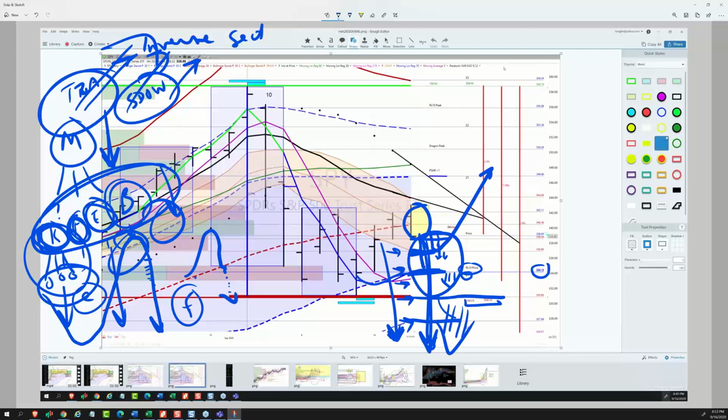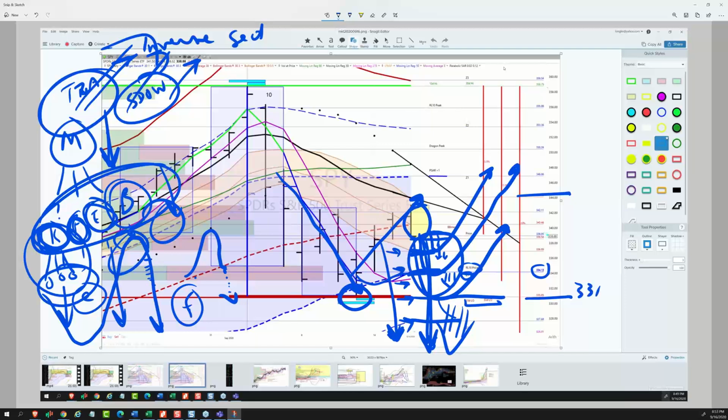It could come down to the Z1 and the RL10 and then hook back up. It could come all the way down to the 10 and the 30-day low and hook back up, just like it did here. It sold off through all of these indicators, hit the 10-day low, and moved all the way to the far side of the dragon, which is a move from